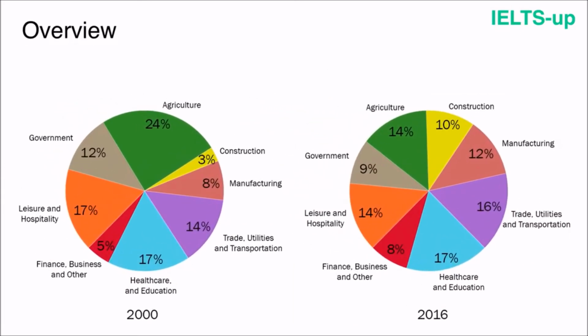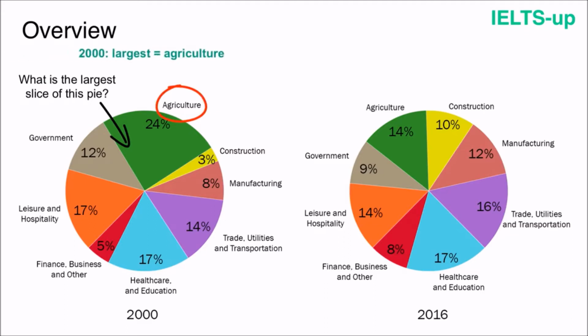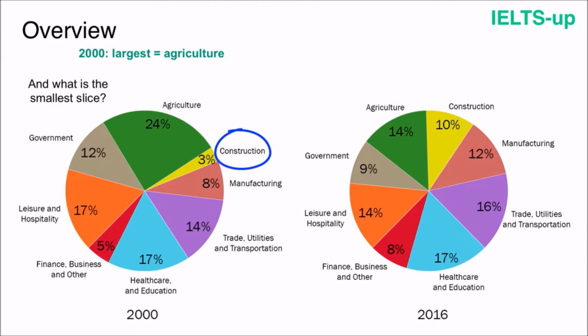Now let's look at each pie chart and find the key features. Our first pie chart depicts year 2000. What is the largest slice of this pie? Well, clearly it's agriculture. This means that agriculture was the biggest part of Turkey's economy in the year 2000. And what is the smallest slice? It is construction, only 3%. Any other segment of our pie chart is bigger than the construction. This means that our construction segment was the smallest part of